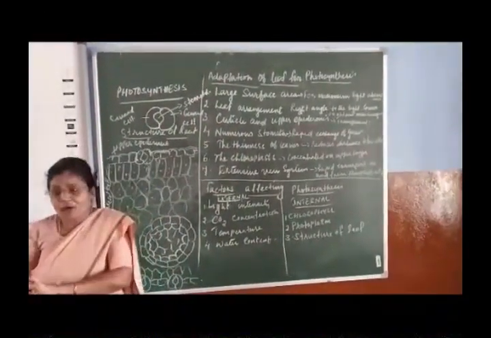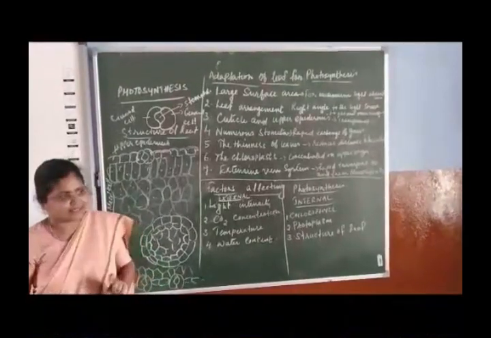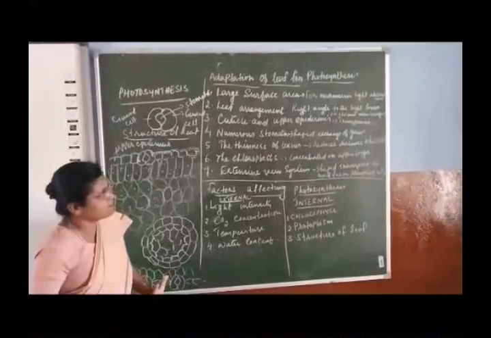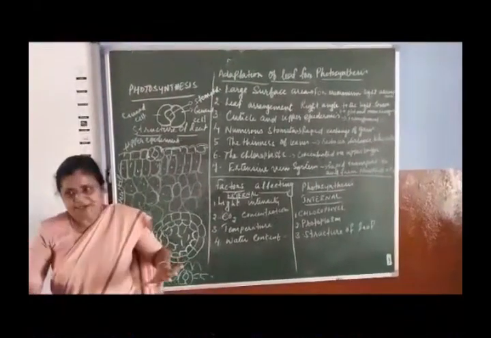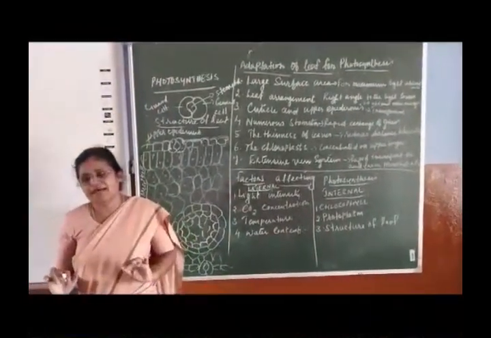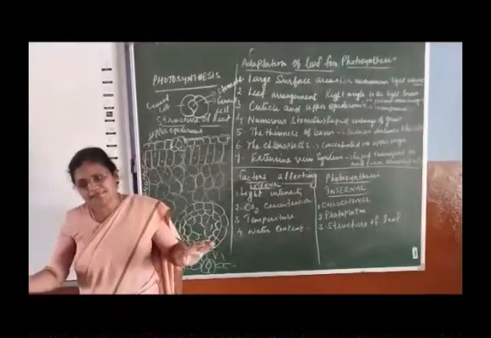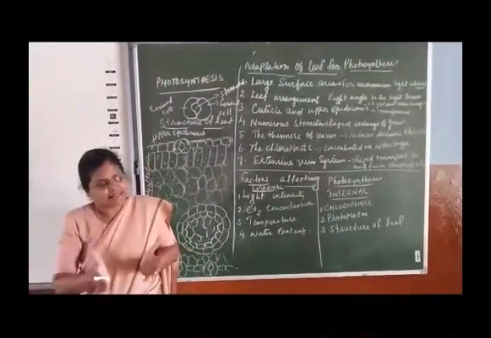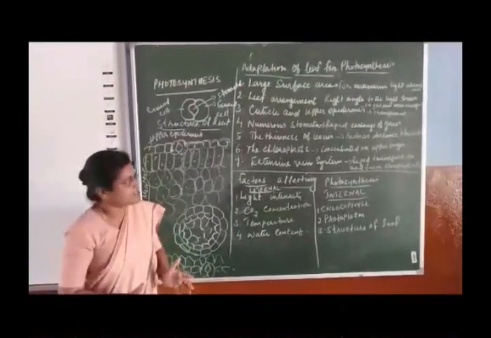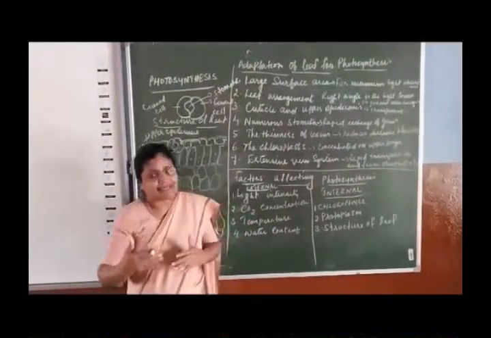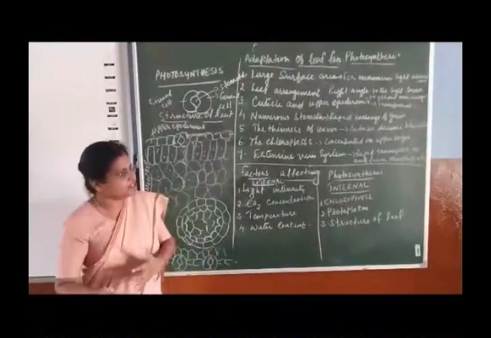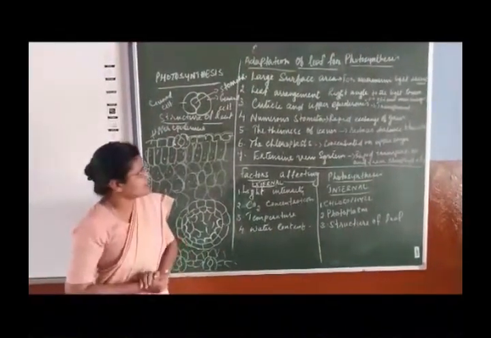Now, all the leaves do not have a large surface area. The greater the surface area, the greater the efficiency of photosynthesis. Take for example the banana leaf. They have a greater surface area, so automatically greater light is absorbed and greater is the efficiency of synthesis of starch. So the greater the surface area, the greater the enhancement in the efficiency of photosynthesis.